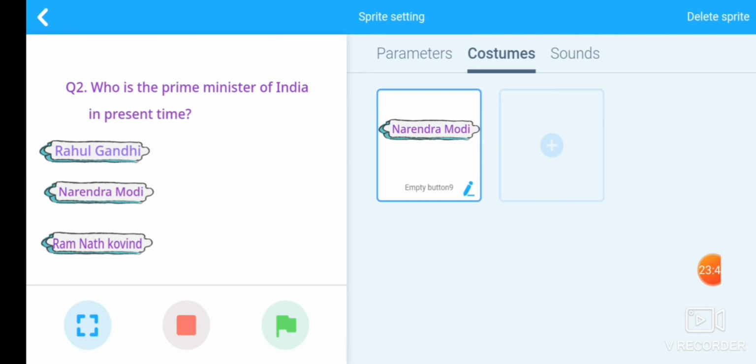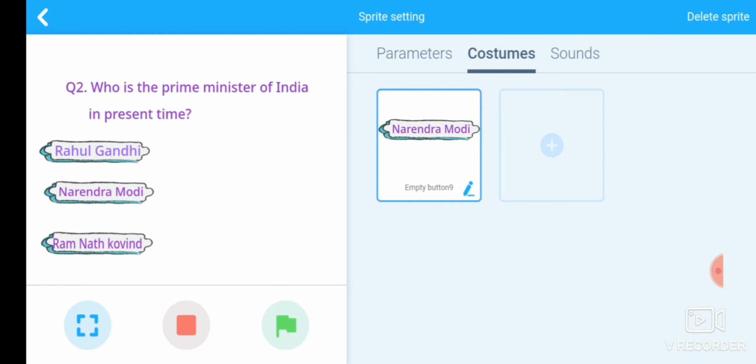Okay, look at here. Whenever we click on any option, the wrong or correct screen is shown respectively on the screen, but these three options are also shown here. At that time these options should be hidden.